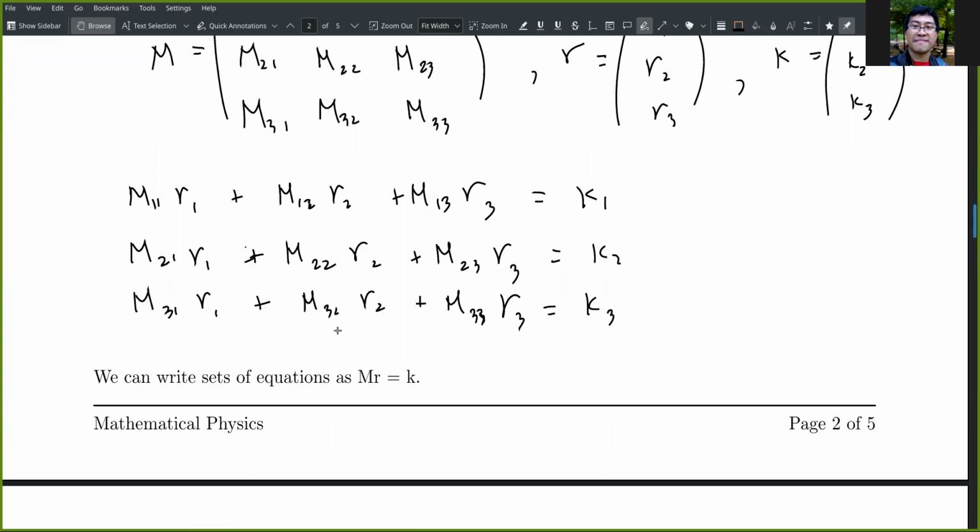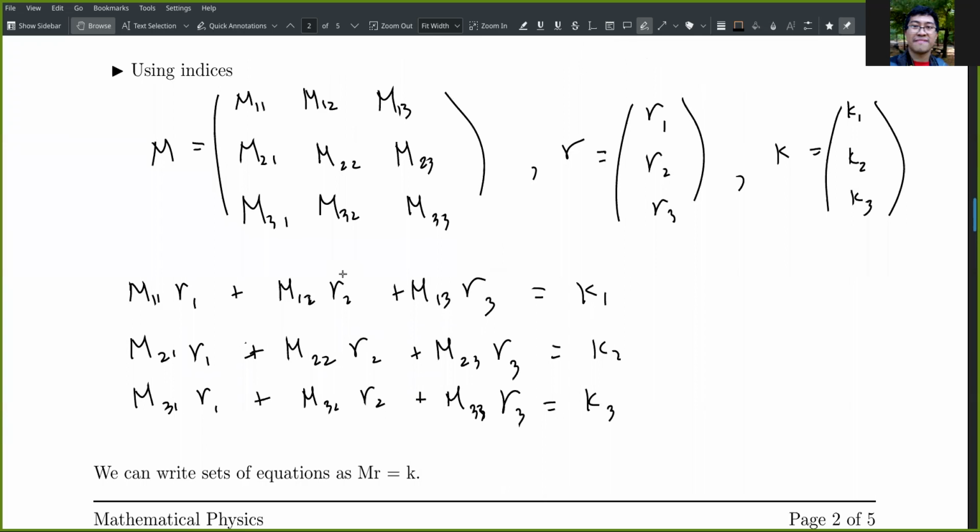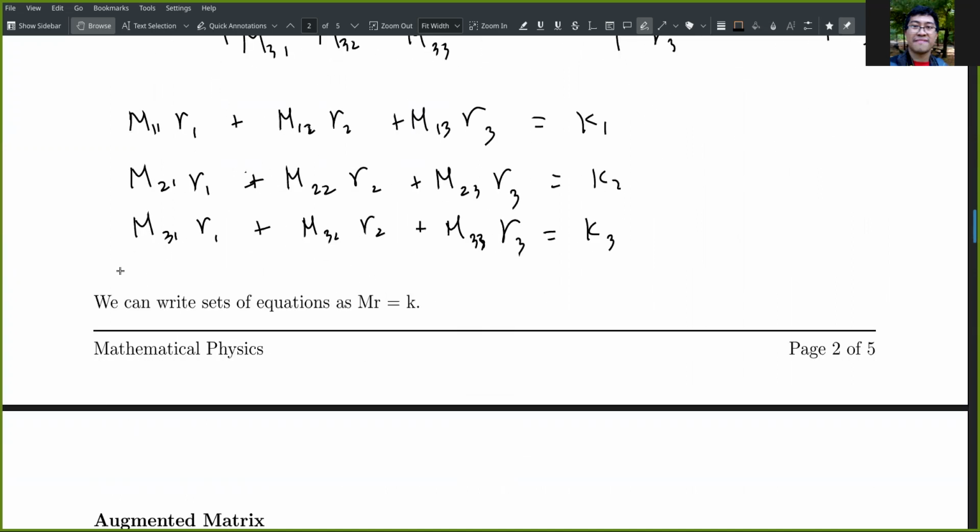This we can write as a product of this. So M times R equal to K, or in summation form, we can write for I equals 1, 2, or 3, you have summation of J from 1 to 3 of Mij times Rj equals